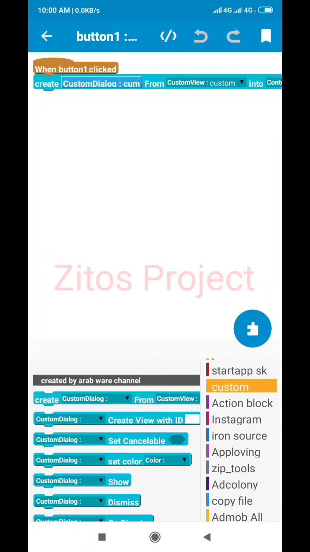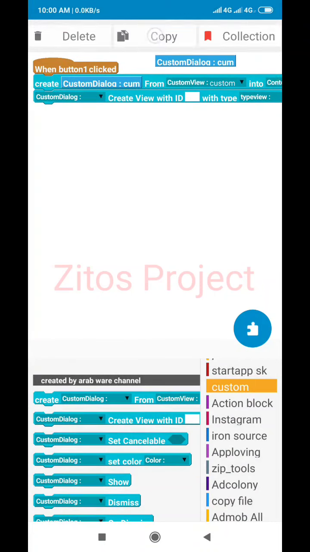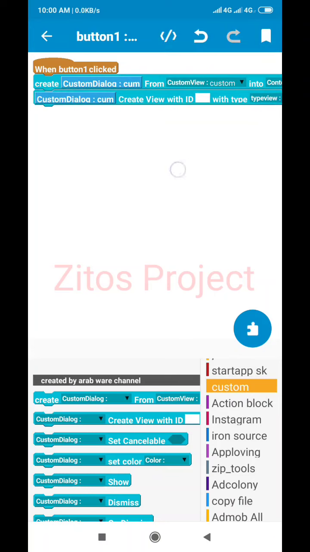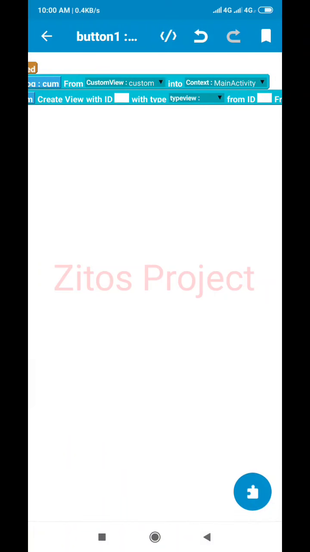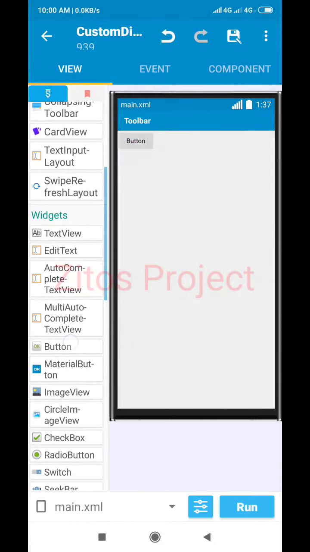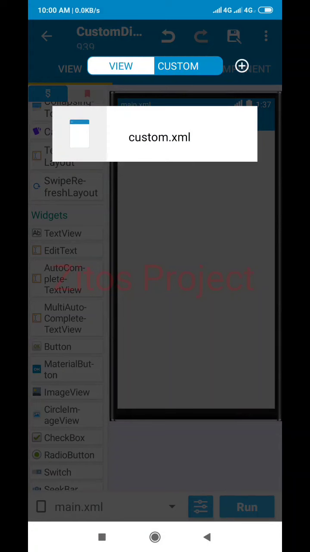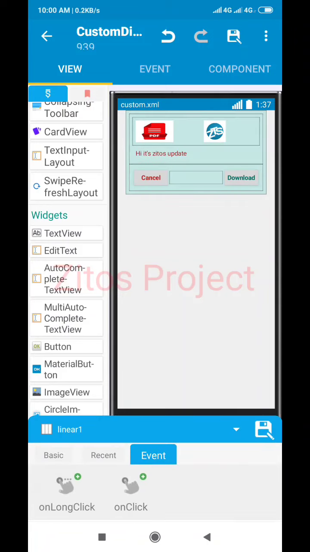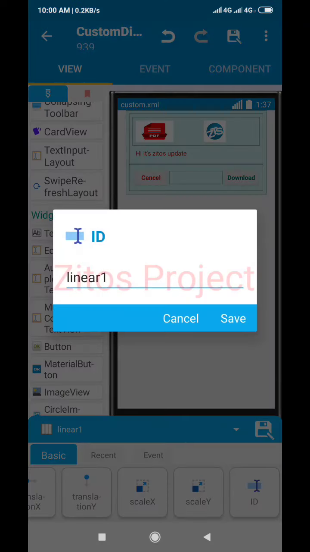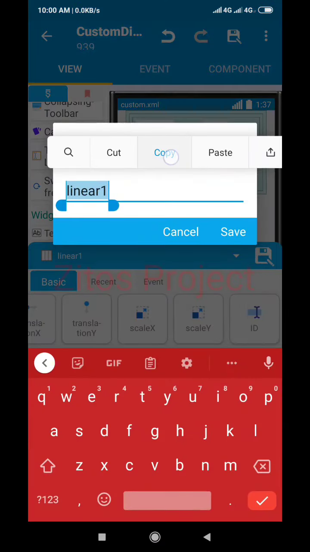Custom block. Now we have to create the view. Like I said, copy this, put it here. Like I said earlier, the linear which contains all the views should be the first one there, which is this one here, linear 1, because in this linear 1 is where all these views are. Okay, so let's copy the ID. The ID is linear 1. Okay, we'll copy this, we'll go back,